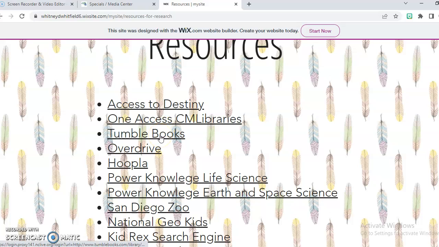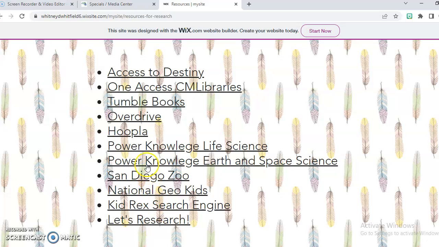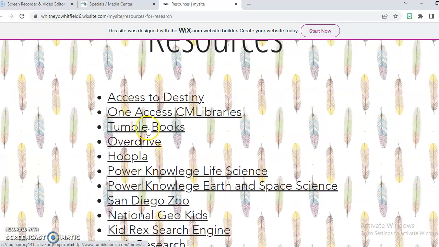But Tumblebooks is something that I use very frequently. I show students how to use Overdrive, and Hoopla is another great one. The Power Knowledge series, I keep life and earth sciences here, but there's a physical science as well. The rest of these under Power Knowledge is not a part of the One Access group. It's just other things that we utilize frequently in the Media Center. But I'm going to start by showing you Tumblebooks. So if you click on Tumblebooks,